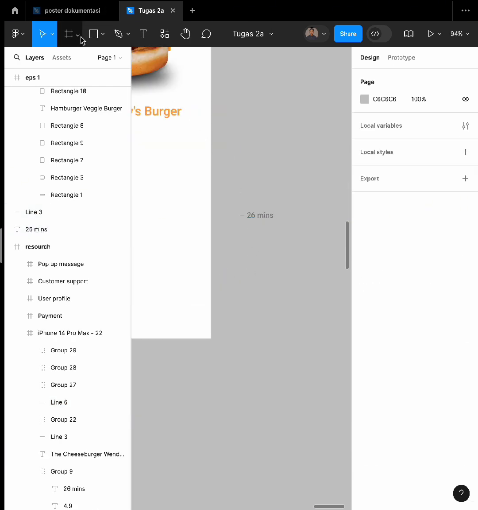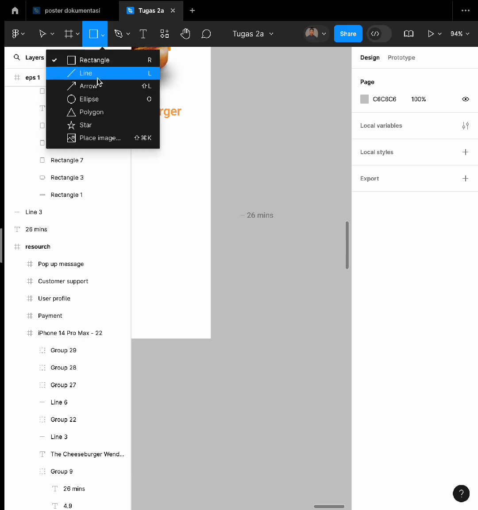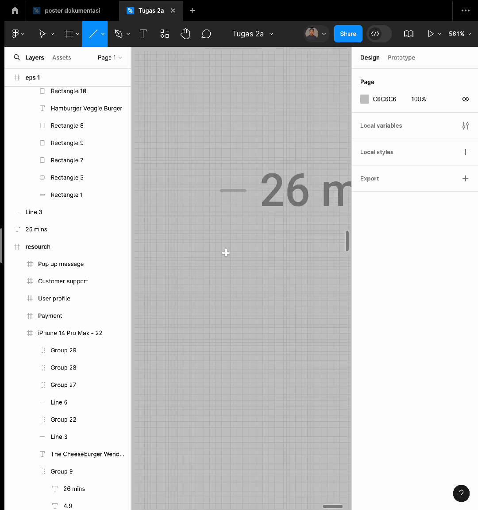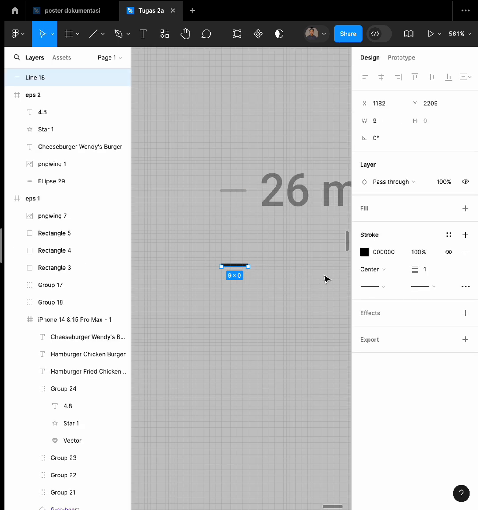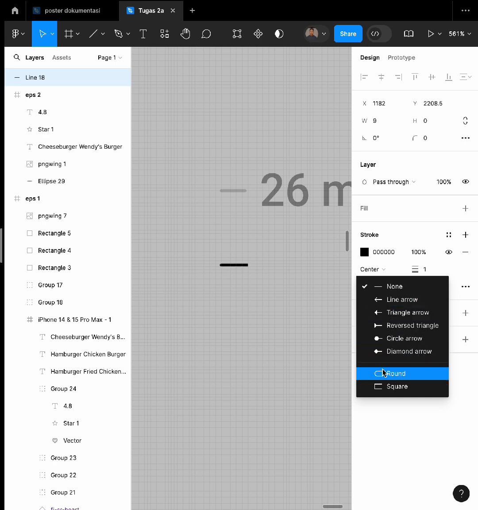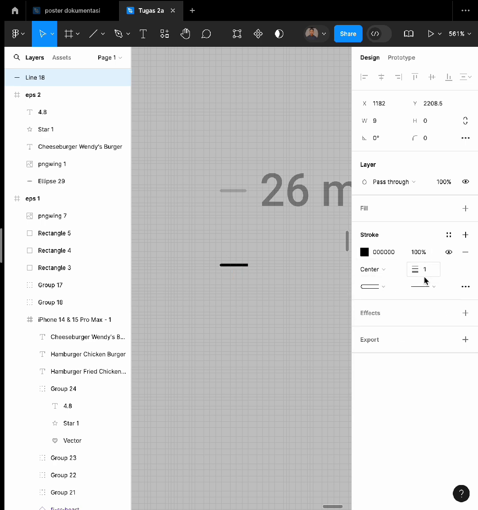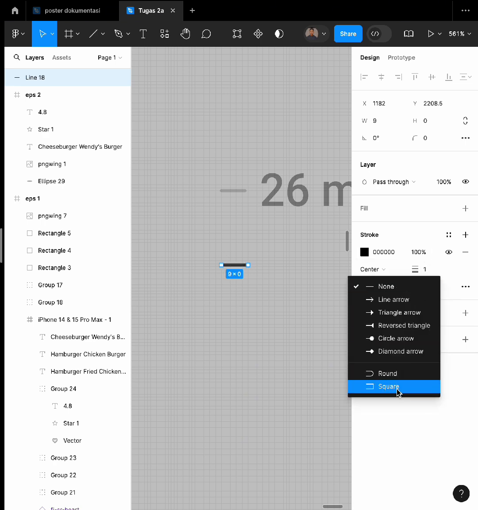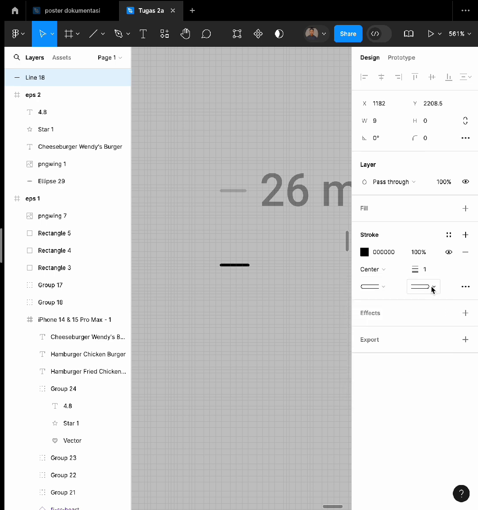And we can make it with the line like this, and choose the round type for the like this.